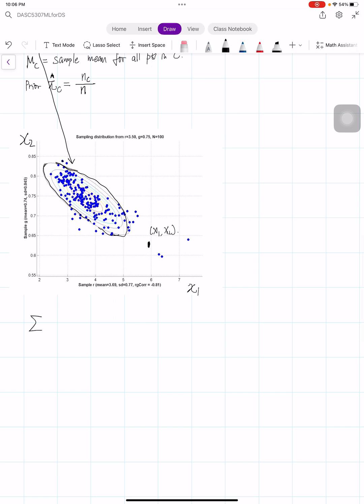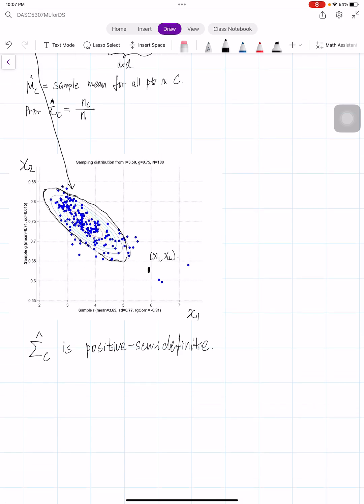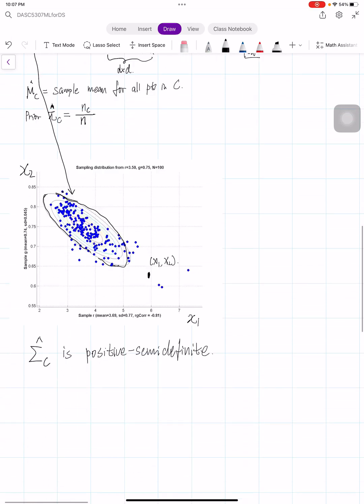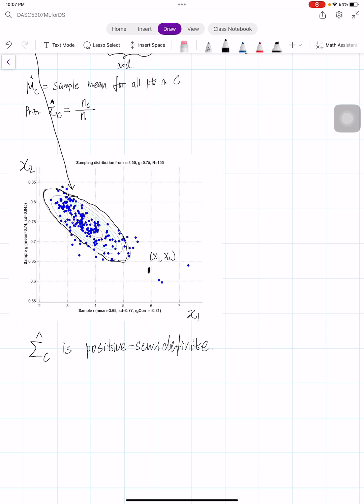Also, last class we talked about the sigma variance. There are a few terminologies we introduced at the end of the last lecture: positive definite and positive semi-definite. Remember, positive definite means all the eigenvalues are positive. Semi-definite means positive or equal to 0. When we construct this covariance matrix, the eigenvalues are just the variance for each variable. As we can see here, the variance for the first normal distribution is not 0, and the second